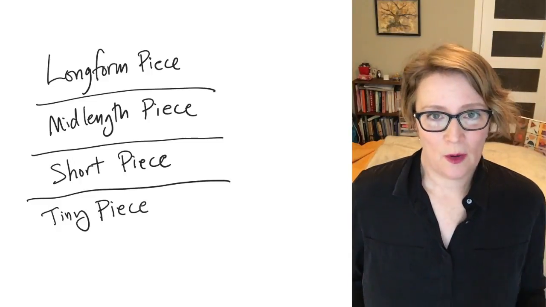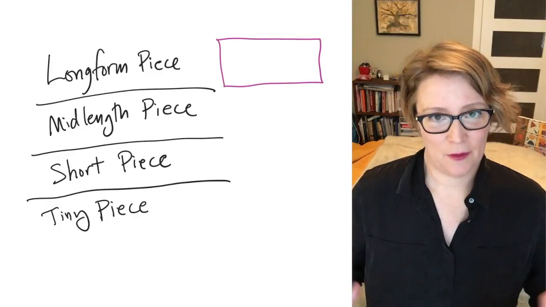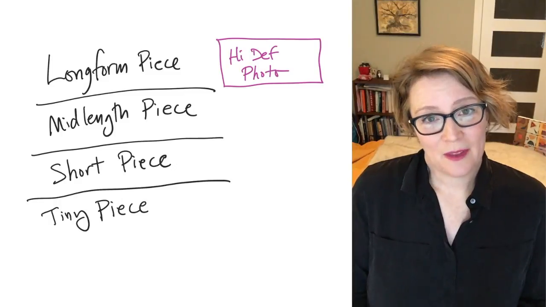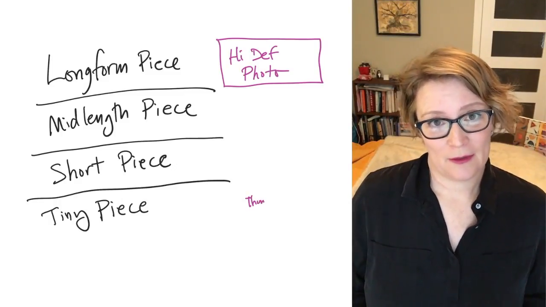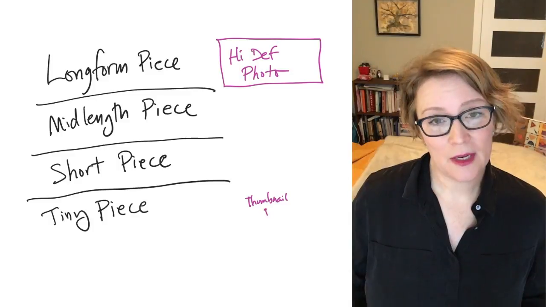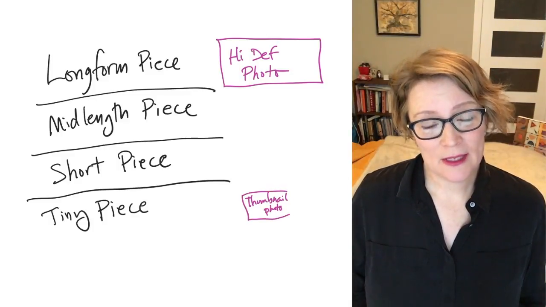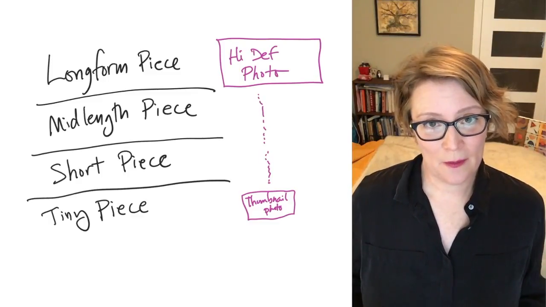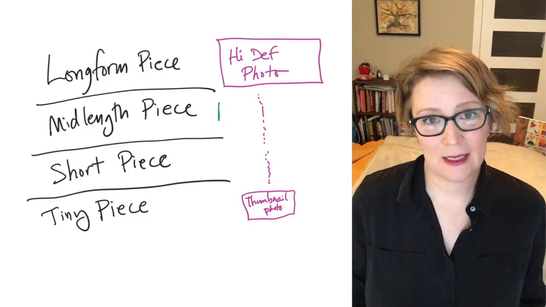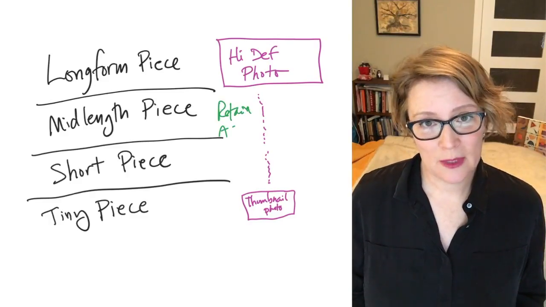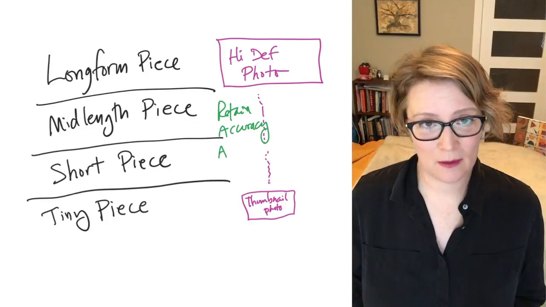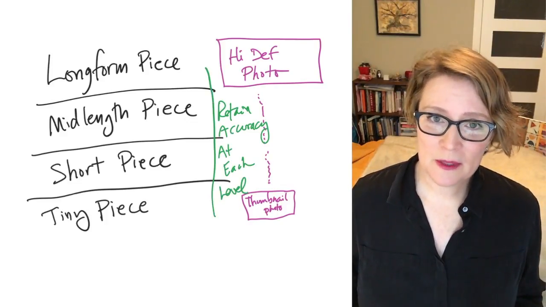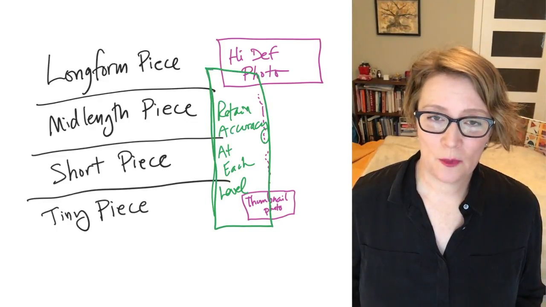You know when you're working with photographs and you have the full size photograph and then you have the cropped size and then you have the optimized for web and then you have the thumbnail, but all of those photographs look like the photograph. You need to do that with your data journalism story. And this takes time and requires care because as your story gets shorter and truncated, it's much more likely that you'll lose accuracy, that you'll lose key parts. So it's good to run a lot of different prototypes